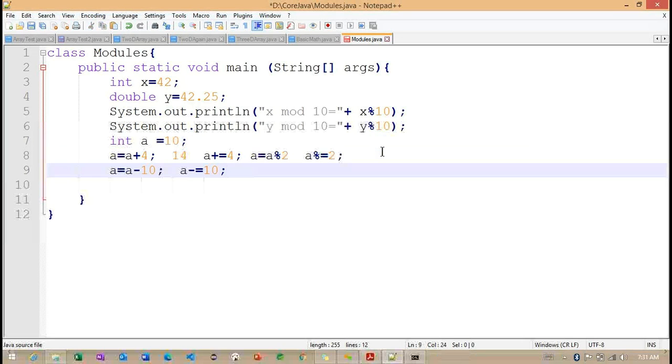Now with a simple example on the compound operator here, let me save the same example.